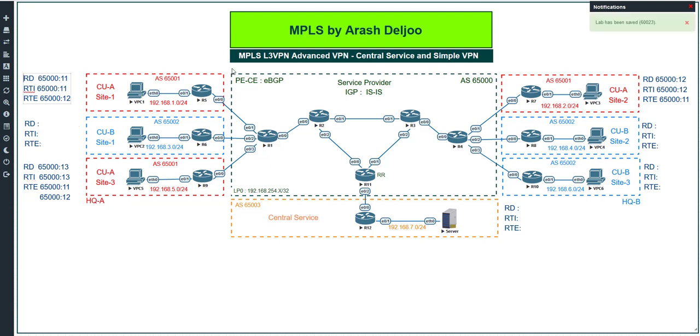Because of that, in customer A site 1, let me configure the RT export as 65,000 colon 13, which means the addresses of this VRF should be injected into customer A site 2 and customer A site 3, because here we have the RT export equal to the RT import of customer A2 and also A3. You know that if one of the RT exports sent with the addresses of this VRF is equal to the RT import of other sites, the routes should be injected into that VRF, okay? This is the configuration of the RT export of customer A site 1, and also we need to configure the next RT export in customer A2 because we want to import the customer A2 routes